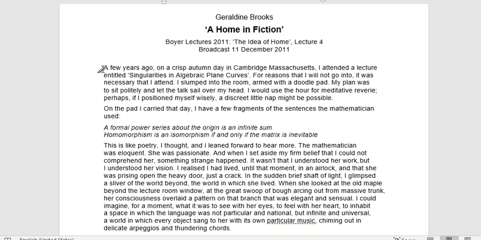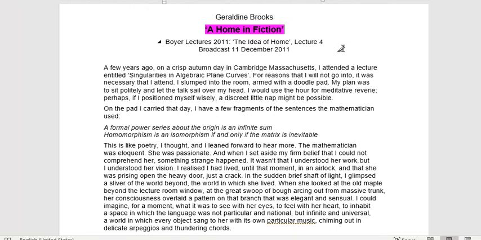Okay, first thing I think you need to understand is the title, A Home in Fiction. I think you can kind of build up some assumptions about what it's comparing to, but the specific word choice, a home, is something, safety, security, and then in fiction, which is obviously not our reality, something metaphysical, something made up. So I think what we can ascertain from the opening title is that she's trying to talk about how do we find our safety or how do we find our security, either as a writer or a reader, in the worlds of fiction.